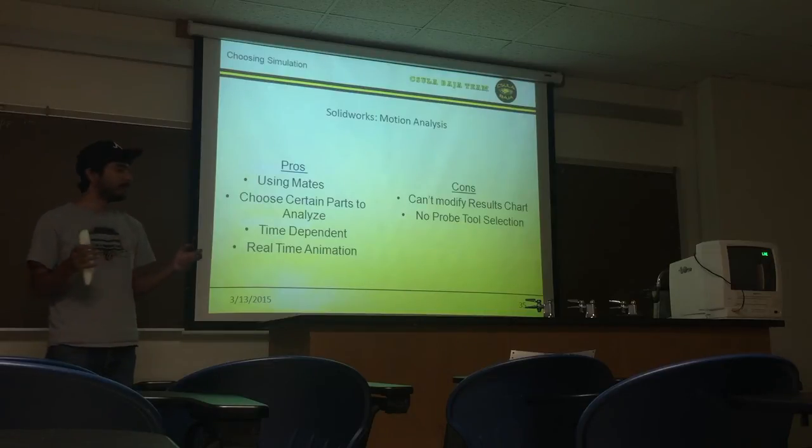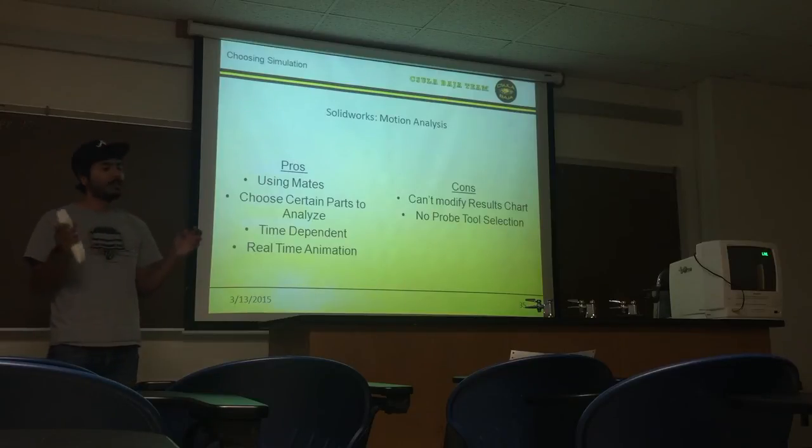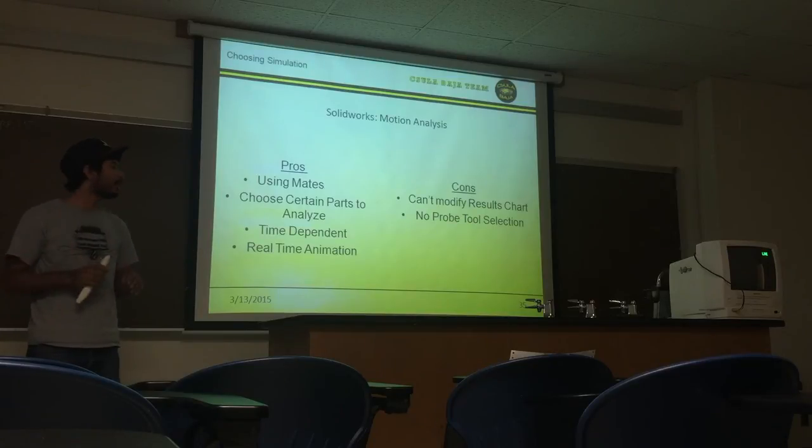When we have the suspension, we have to include the shocks, the kingpin, the rotor, and if you have all that and try to mesh it, it's going to take forever. So for our analysis, we just focus on the suspension components. It's also time dependent, so we could choose how long to run the simulation, in a real-time animation, which actually shows, when we apply force, how the wheel moves up and down throughout the